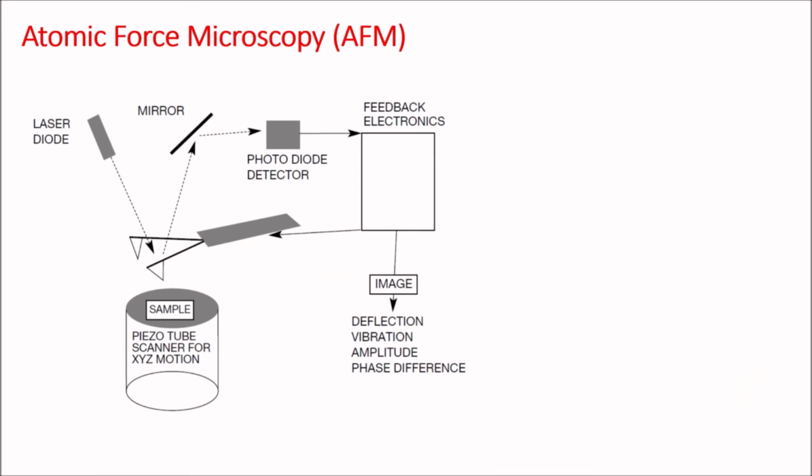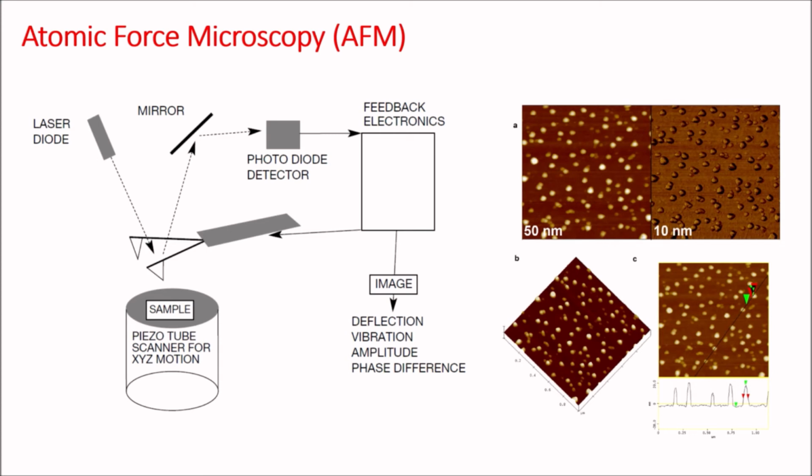The atomic force microscope, or AFM, probes the surface of a sample with a sharp tip a couple of microns long and often less than 100 angstroms in diameter. The tip is located at the end of a cantilever. The forces between the tip and the sample surface cause the cantilever to bend or deflect. A detector measures the cantilever deflection as the tip is scanned over the sample, or the sample is scanned under the tip. The measured cantilever deflections allow a computer to generate a map of surface topography.